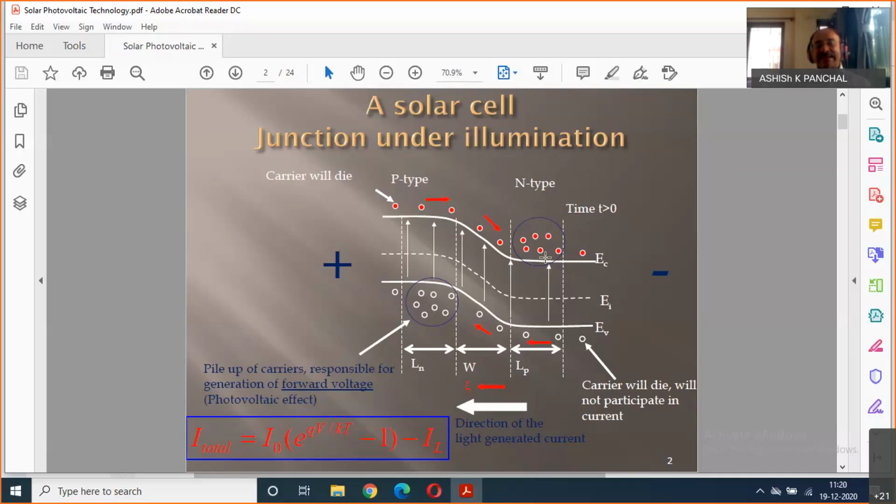Why? Because P is positively charged and N is negatively charged, so there is a voltage. Remember, in electrostatics, whenever there is a charge separation, it is related with a voltage. Similarly, because of light, the electrons are gathered here on the N type and the holes are gathered on the P type. So voltage is developed. Now, if you connect a load, like a bulb or a resistive load, the electrons